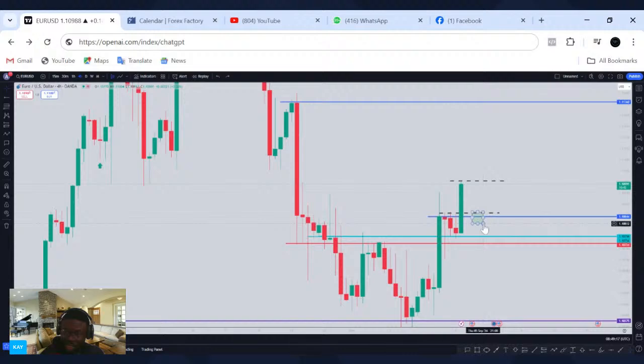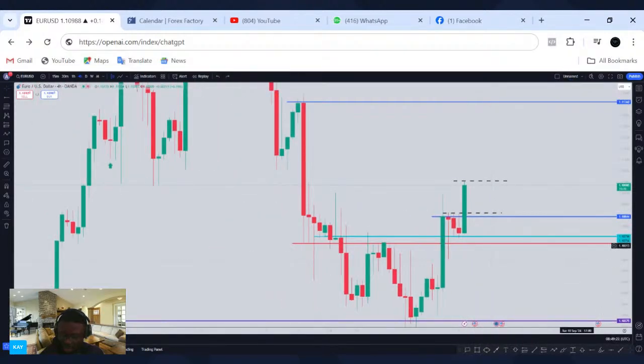So I hope you guys are getting what I'm saying about entering at lower. If you are buying, it's always good to enter at a lower price. If you are selling, you have to enter at what? A higher. You have to make sure you are getting the highest bid or the highest price. You get it? If you are buying, make sure you don't buy in the middle of a range, because if you